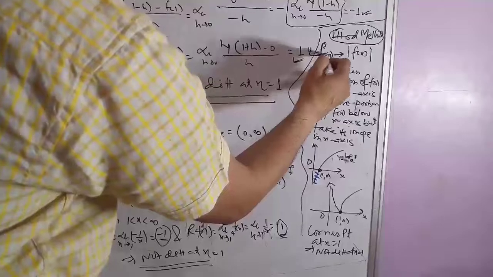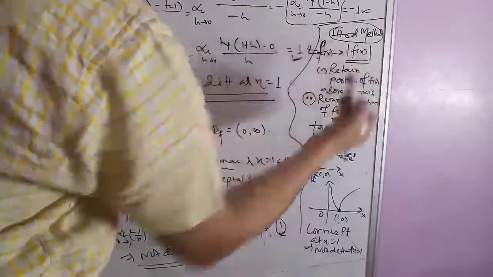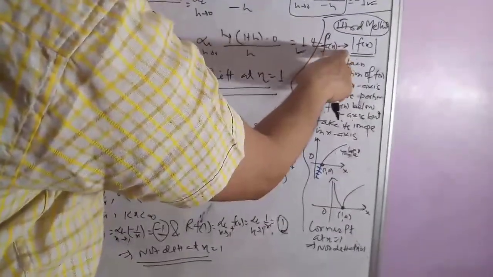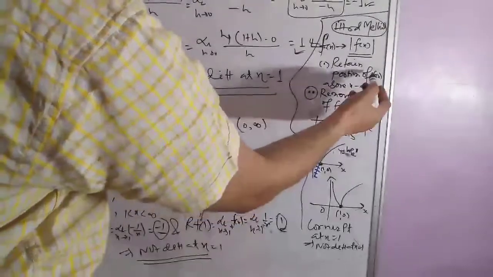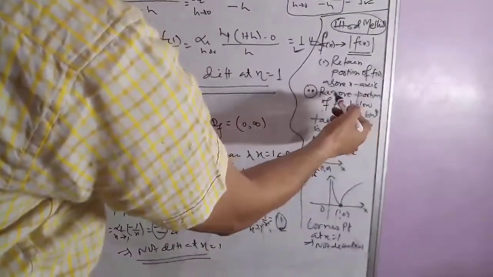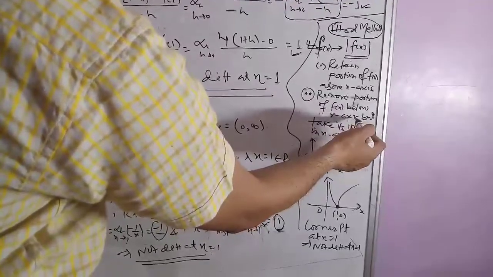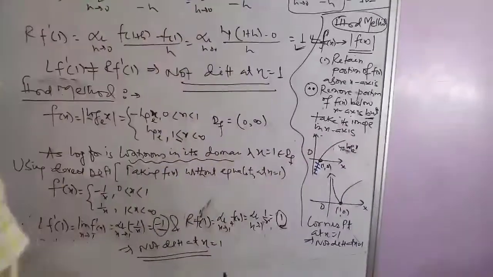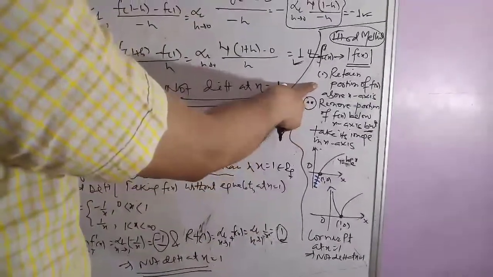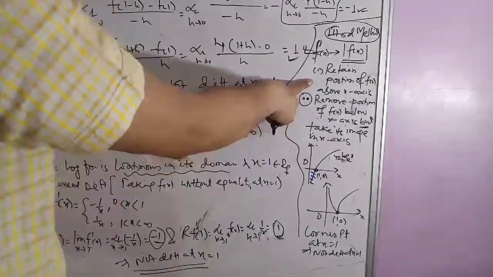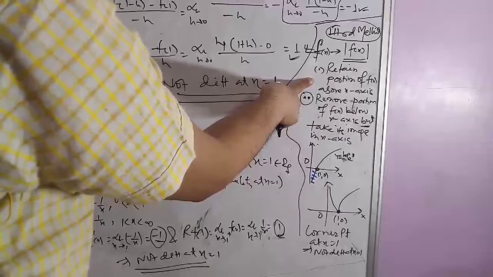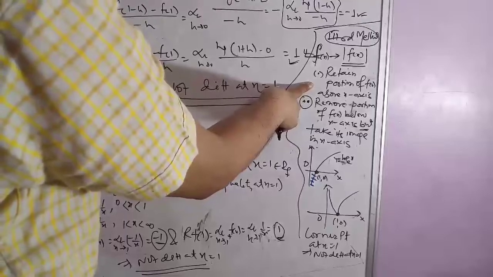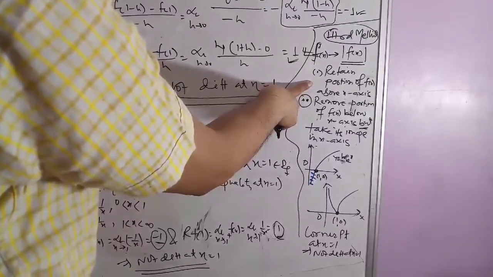know the transformation of the graph from f(x) to |f(x)|. We have the original function f(x), and to find the modulus of f(x), first we retain the portion of f(x) above the x-axis, remove the portion of f(x) below the x-axis if any, but take its image in the x-axis. The first portion of f(x) above the x-axis remains the same like the original function, and remove the portion below the x-axis. Next, take the image of that portion which is deleted